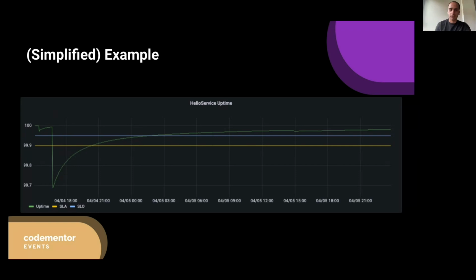Unfortunately, in this situation, the system continued to degrade until we also breached our SLA. At this point, we are screwed, right? Of course. But then we tried to do something, fixed our system, and eventually we recovered from our SLA and then also recovered onto and above our SLO. Okay. So this was a full story of how our system began to degrade, probably because of some reason, and we breached our SLA, but eventually recovered. And of course, because we breached our SLA, there were some consequences. Maybe we had to reimburse some money or whatever else, right?